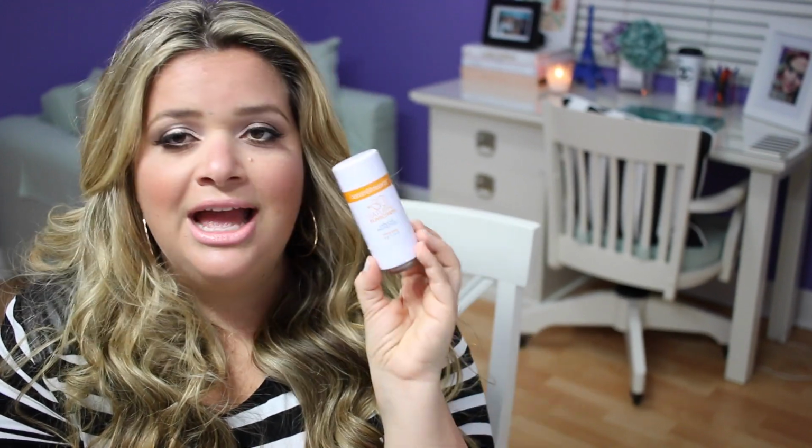Then I also used up the Bare Minerals SPF 30 Natural Sunscreen. This is one that, when you take out the top, it has a little brush, and it is like a powder. This sunscreen, I used to like it a lot, like say I was going on a cruise and I